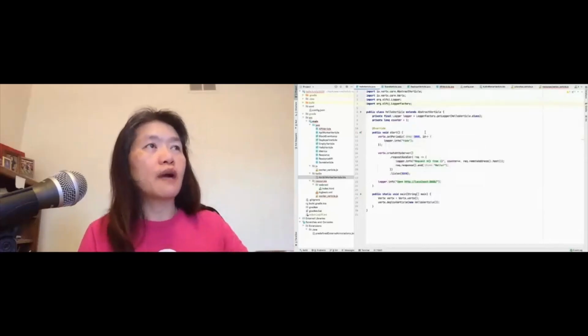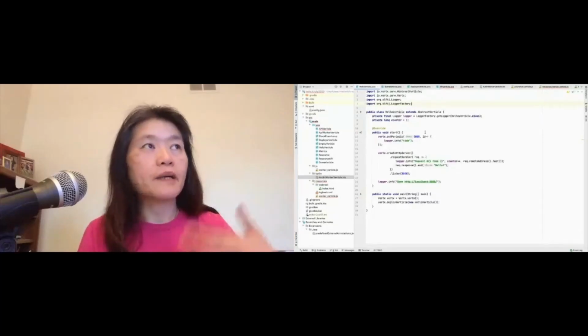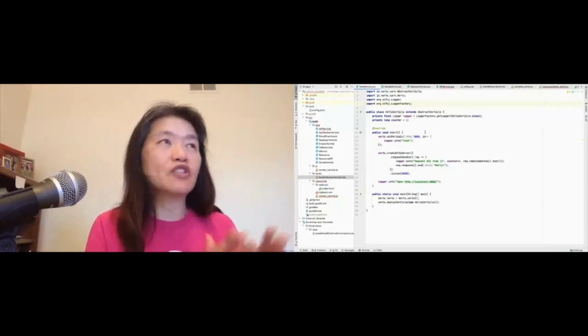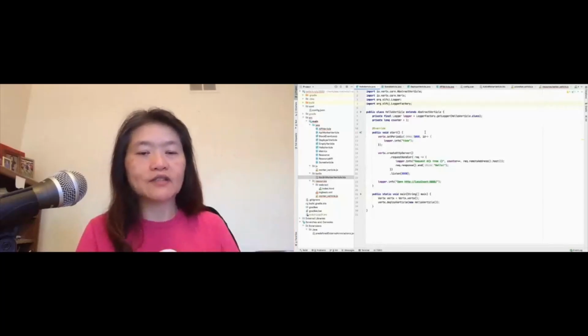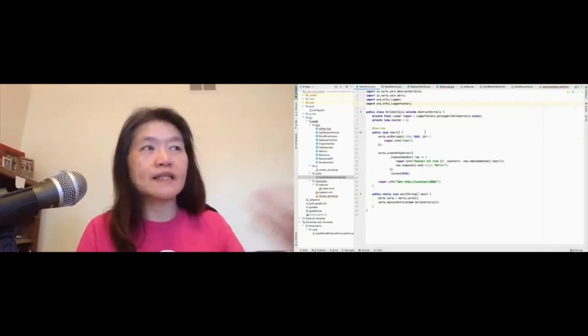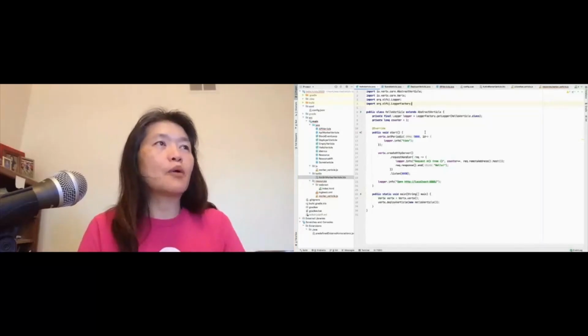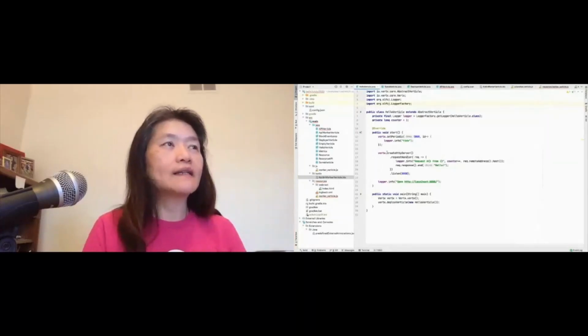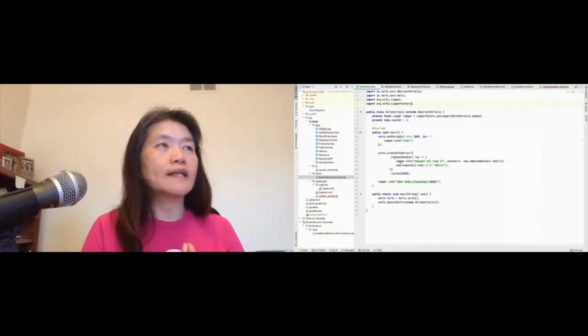First of all, to write a verticle, it's not required, but it's good to extend AbstractVerticle, or you can write your verticle directly. The suggestion is to extend AbstractVerticle, because then you can override methods like start and stop. In this particular case, I'm not overriding stop, just start. In this simple example, I set a timer for every 5 seconds, and I use a lambda as the handler. All I'm doing is logging and printing out tick. And then another example would be using Vert.x to create an HTTP server.